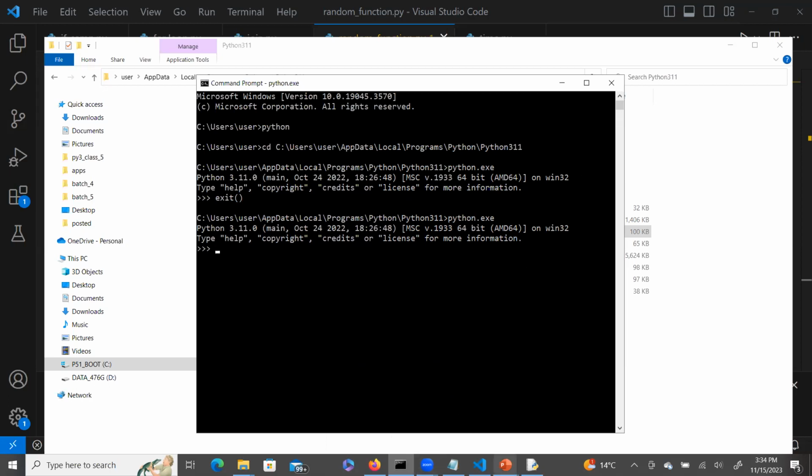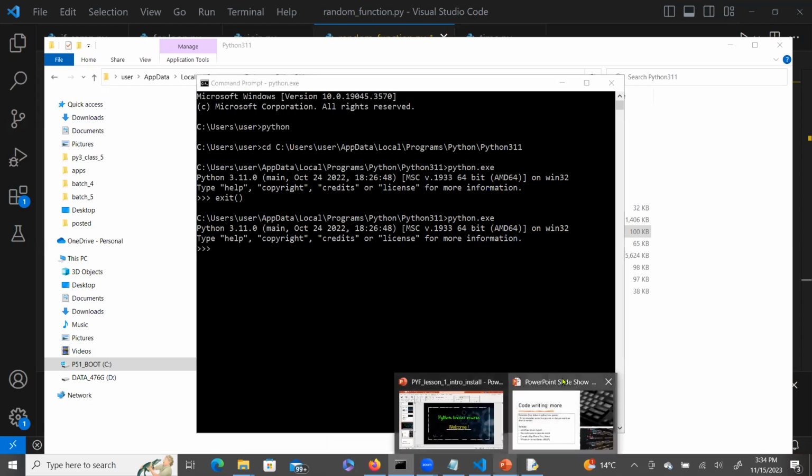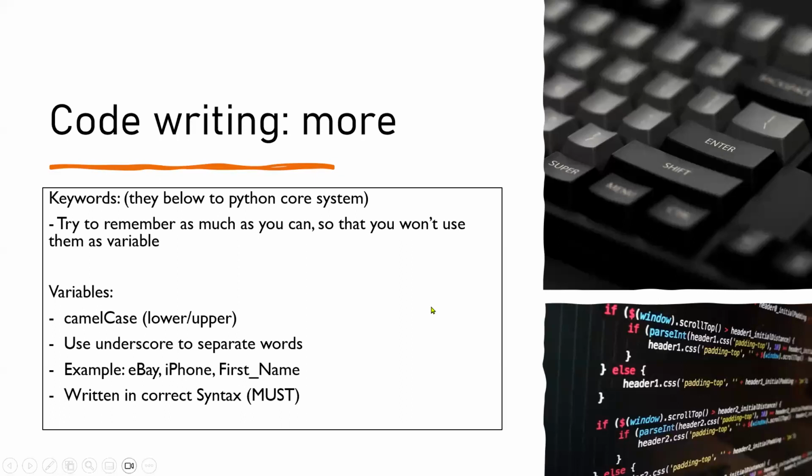There's one more thing here. Let's see, code writing, keywords. Before you start writing something, let's know how you're going to write the code, right? And the keywords belong to the Python core system. Anyway, try to remember as much as you can, so you won't use the keywords as variables. And the variables, like when you are typing some information,